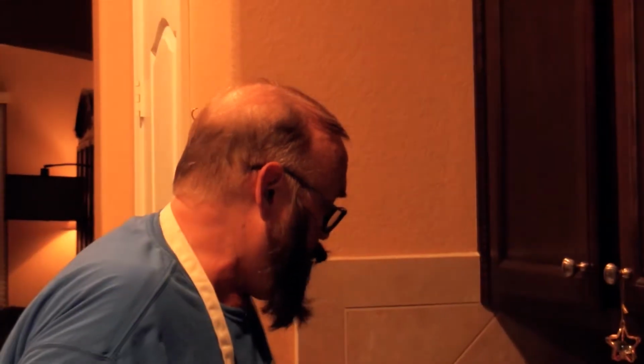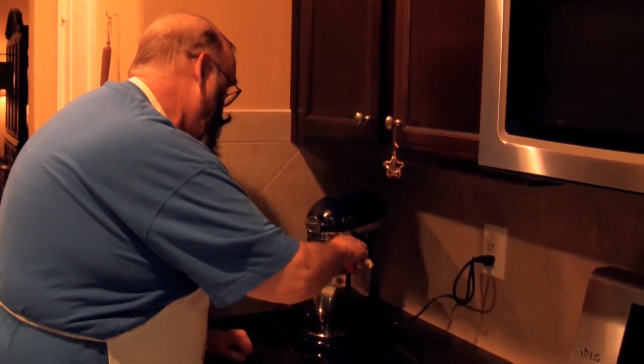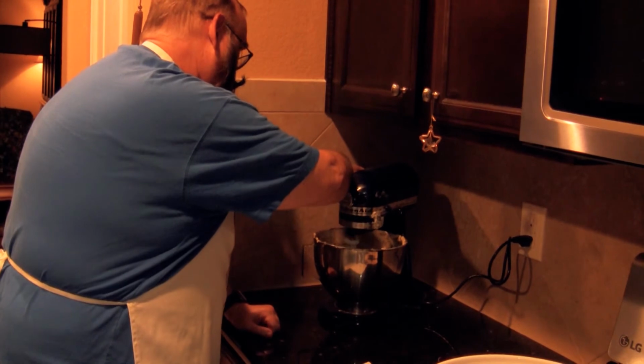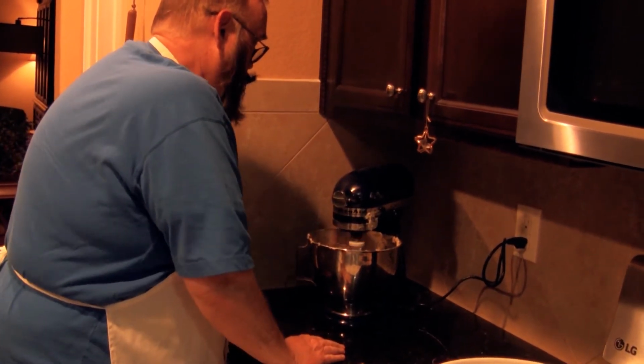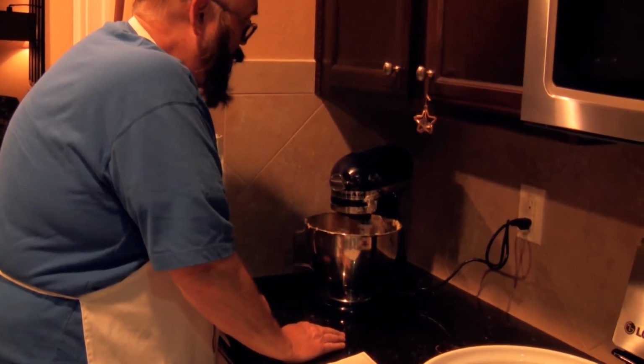So I split the dough in half. Half is in my bowl. The other half is in the mixing bowl. I'm going to add the red food coloring to the cookie dough in the mixing bowl. And again, since you have red food coloring in your bowl,